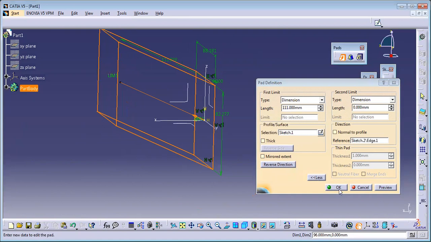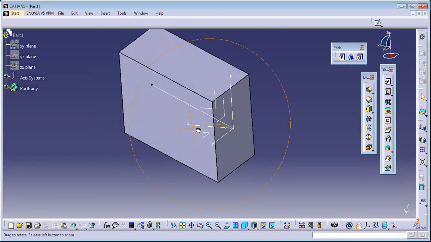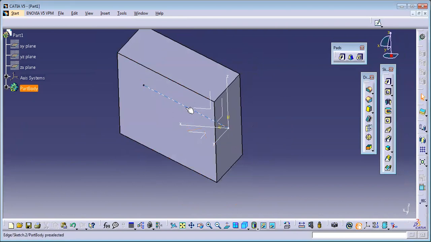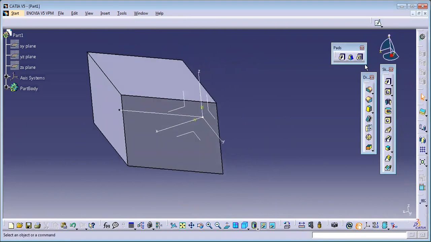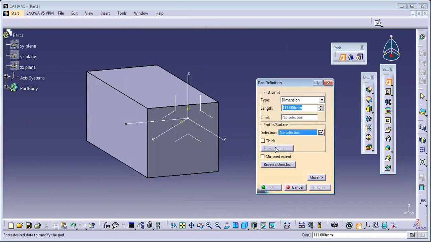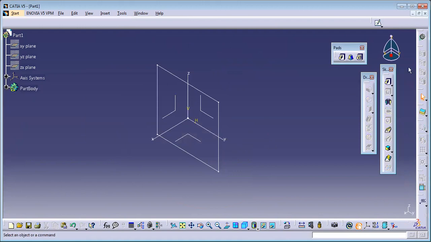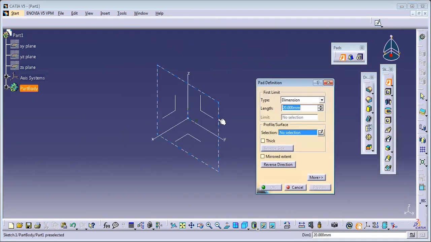Got it? Yes, sir. So once you say okay to this, now you can notice the material has been added upon that particular line. Okay. So same way here, if you could notice, we have done everything. So this is nothing but the thick part. So what is this thick and how does the thick work? So I'll just go with this part. I'll just select this.